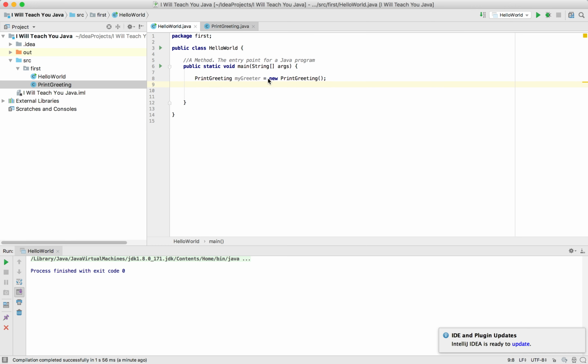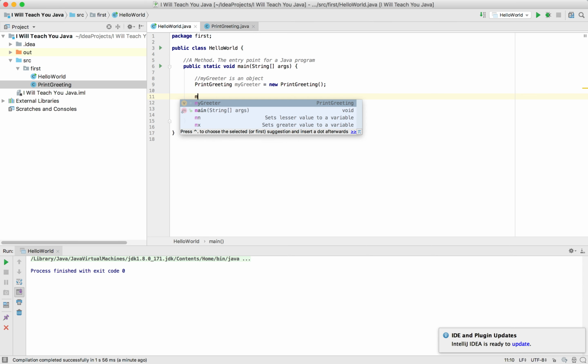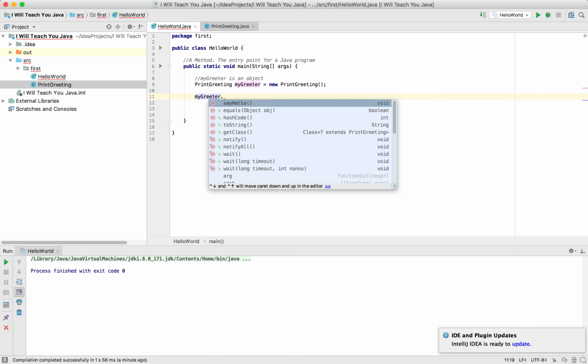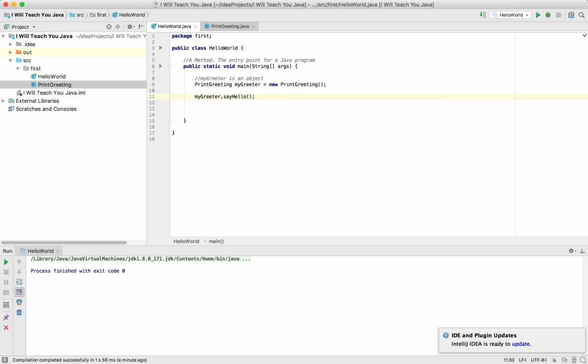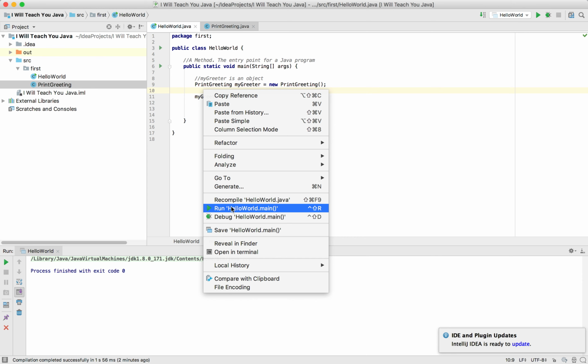So what we have here on the left hand side is something called a variable, which is assigned the value of this, and as we know, the value of this is an object. And now there's only one step left to actually use this object. We can write this as myGreeter.sayHello, and that will print out the statements as we expected from the last lesson. So if we run again,